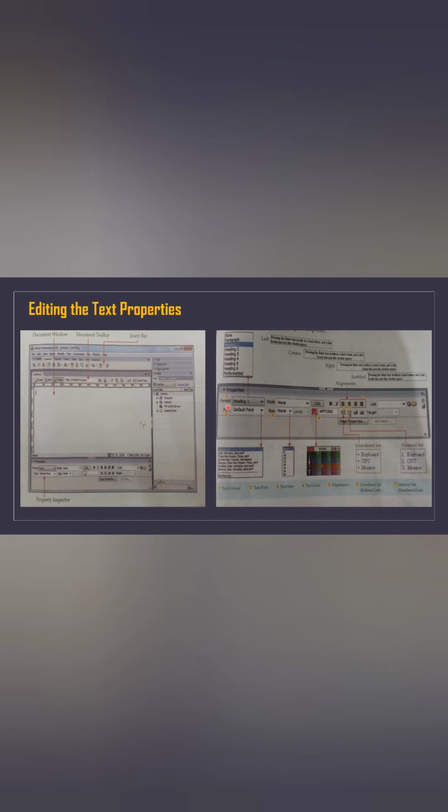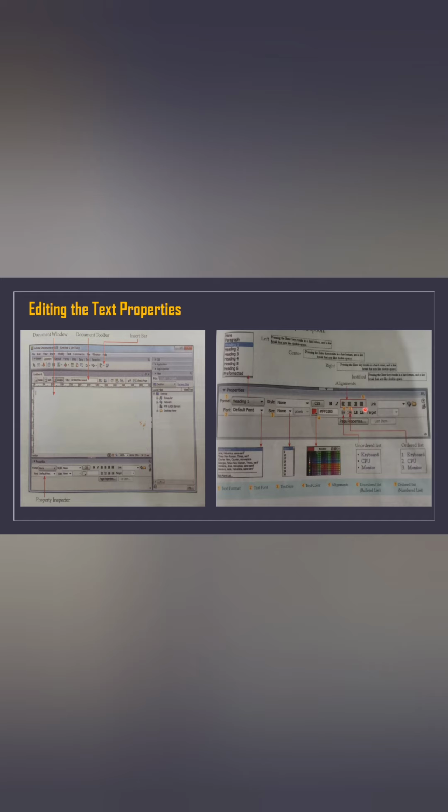Here you can see properties like the format of your text and style. This is bold. You can make your text bold or italic. Then these are the alignments you can do for your text. You can align your text to the right, left and center of the document window.